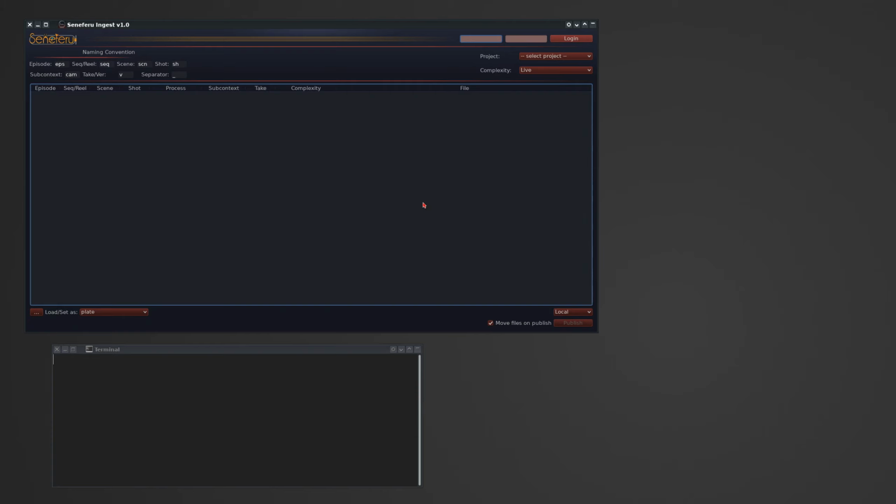And as you may already know, everything in the Seneferu pipeline has to come through Seneferu, so everything you are going to use in the project has to be published to the system. So the first thing we have to do to ingest any new material or footage is that after we open the Seneferu Ingest like this,